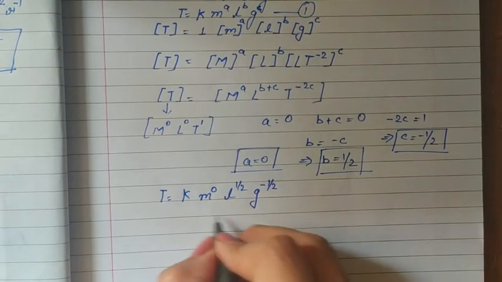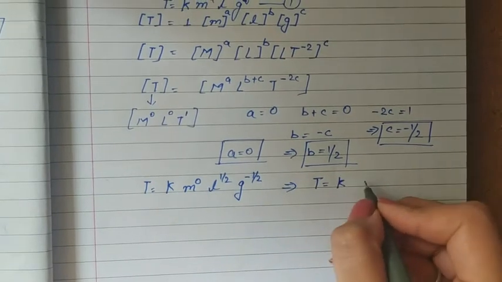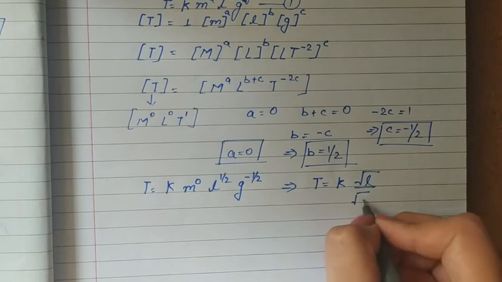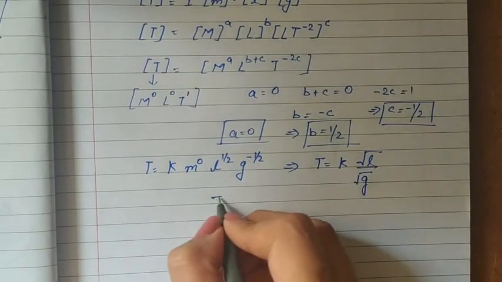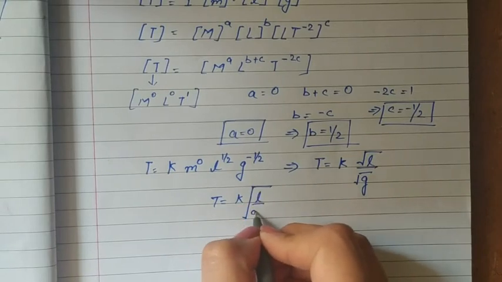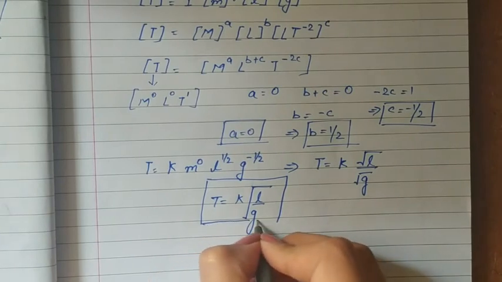So if we rearrange this, we get t is equal to k, m^0 is 1, l^(1/2) is under root l and g^(-1/2) is 1 upon under root g. That means the formula for time period is t is equal to k under root l upon g. This is the required formula for simple pendulum's